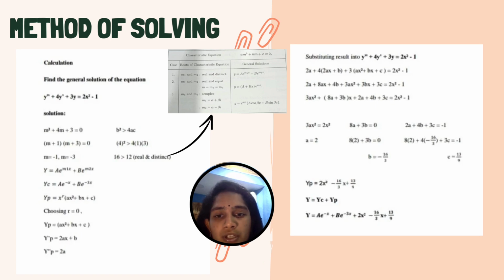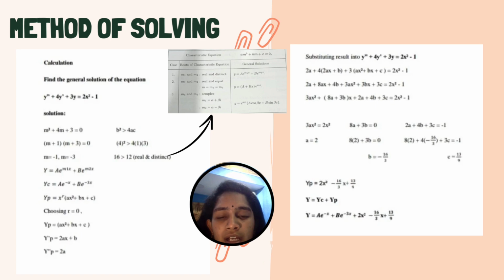When we solve the equation, we get two roots, which are −1 and −3. Okay, b² is more than 4ac. I use the equation to find the general solution, which is y = Ae^(m1x) + Be^(m2x)